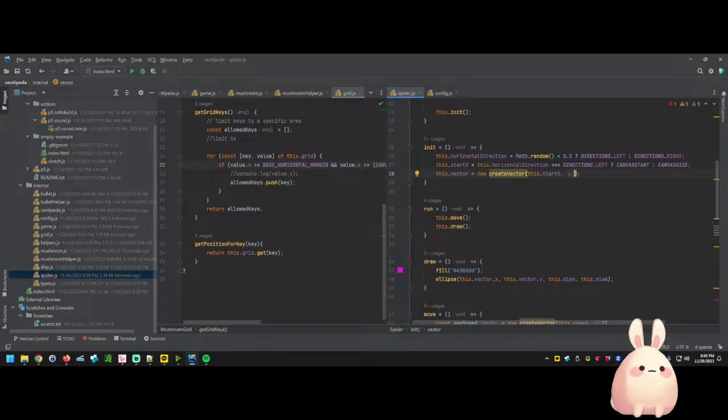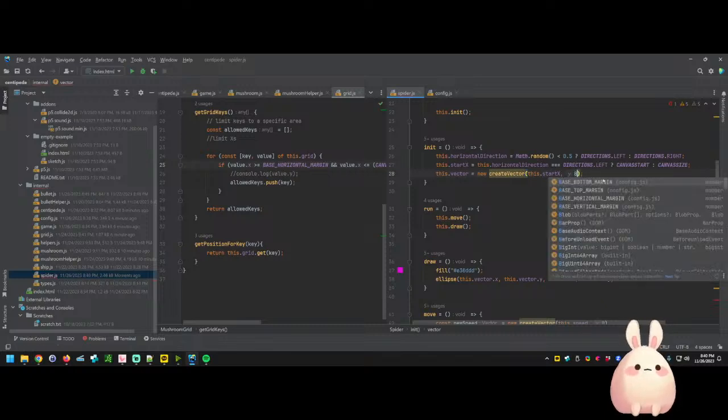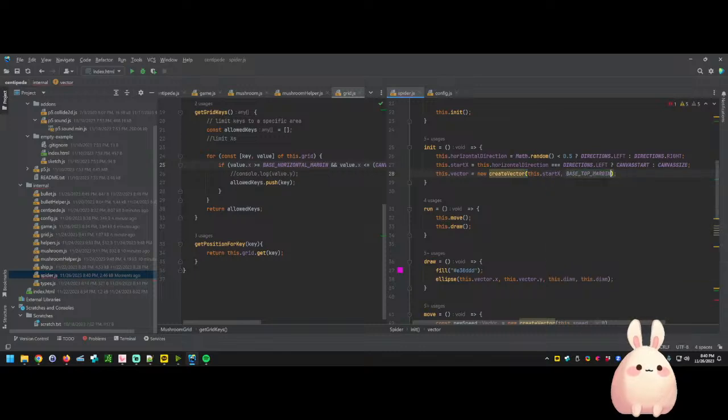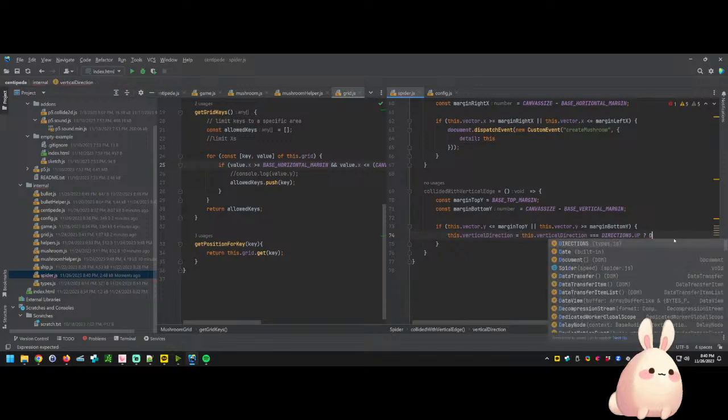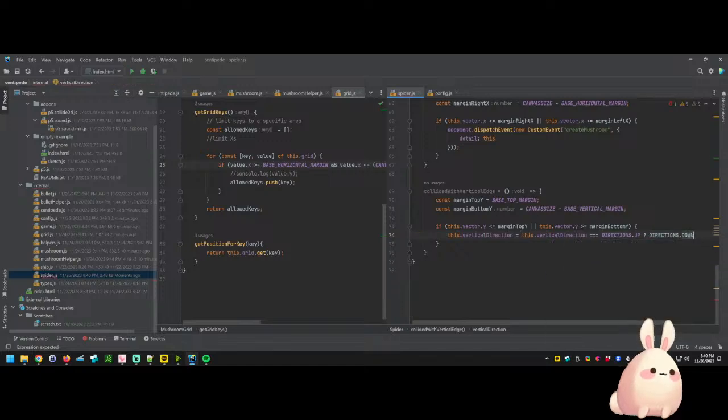Start with 320 for the base top margin. Start with base top margin. Okay. So if the direction is up, then just go down. Otherwise,